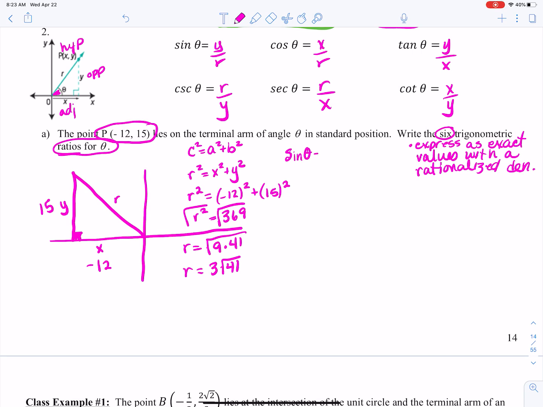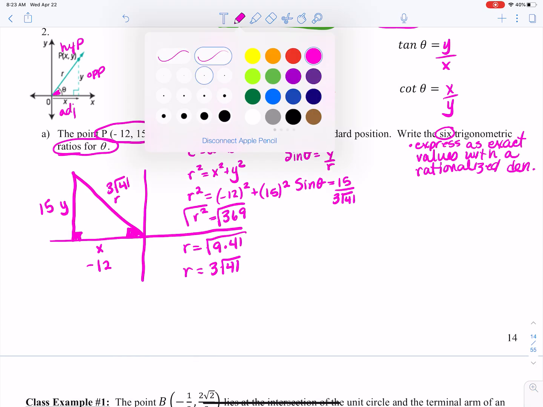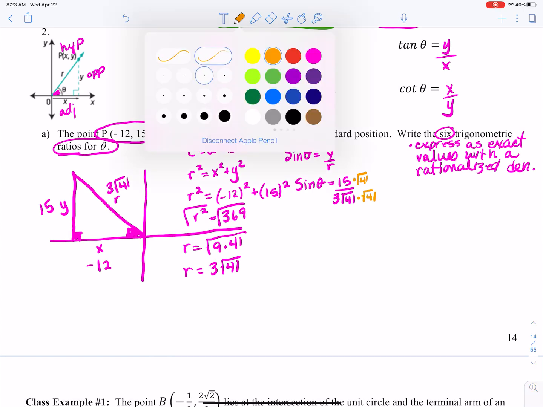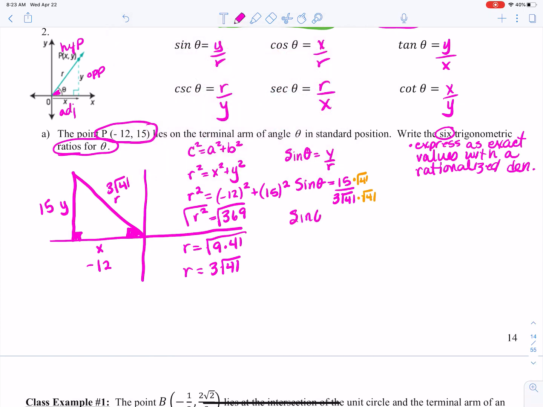of theta is equal to y over r. So sine theta is equal to, I'm just going to put the 3 root 41, and I'm going to take a look at it from here. Sine is equal to 15 over 3 root 41. And what we need to do is make sure that we rationalize that denominator. To do that, I multiply both top and bottom by root 41, and then I end up with sine theta